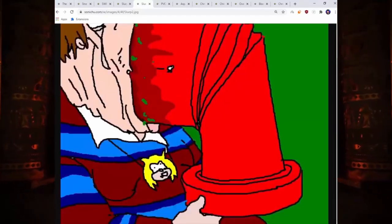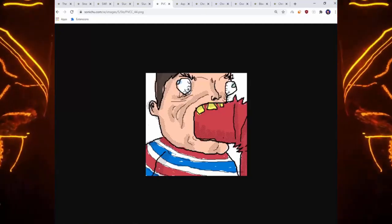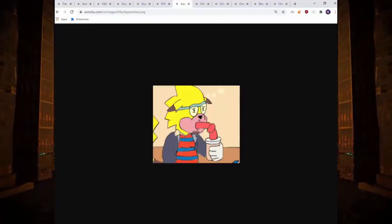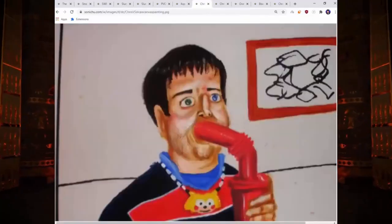There is no cup. It literally is a cylinder to which he holds upon. Very, very weird drawing. This one is Yellow Tooth Chris biting the straw. We cannot see the cup. This is Asperchu drinking from the straw, which I think looks more like the retcon straw a little bit, but I can see where he was going. This is a